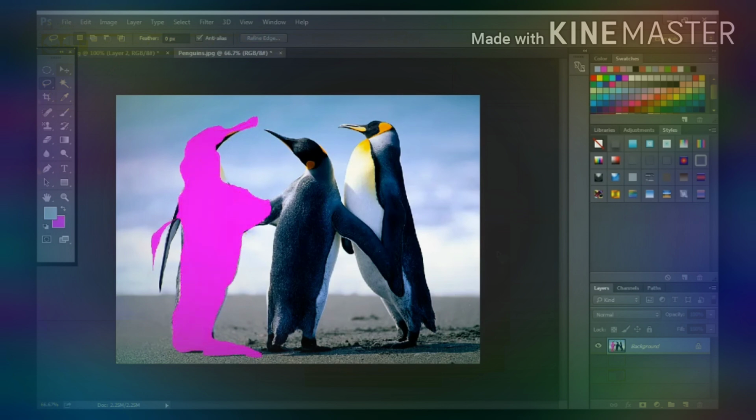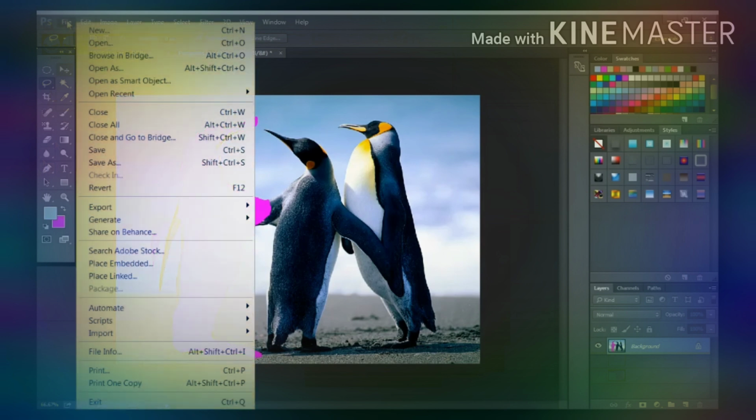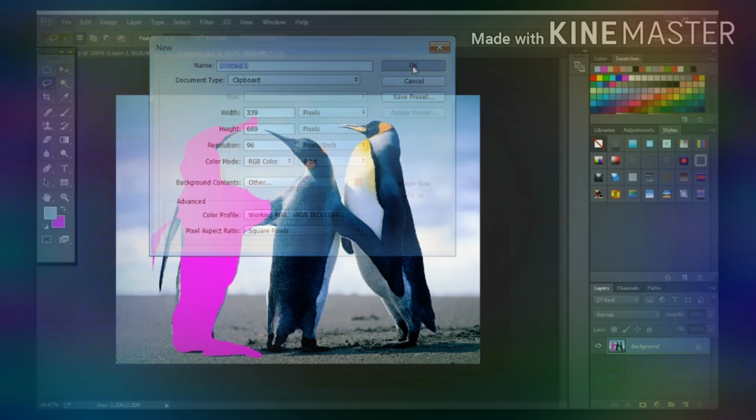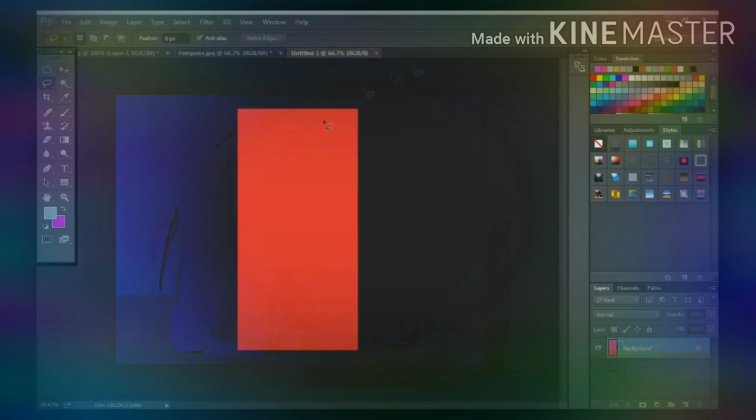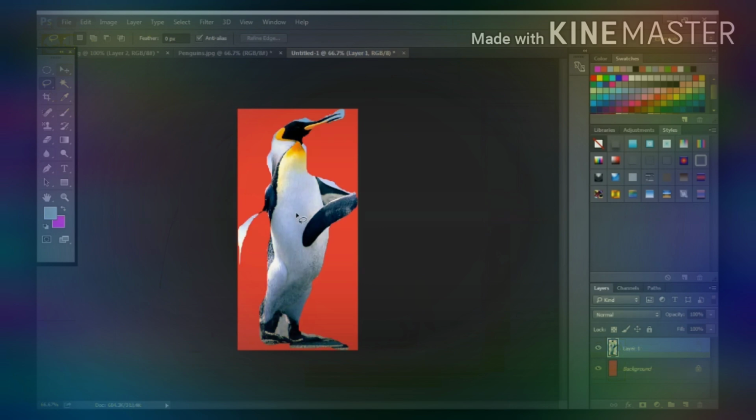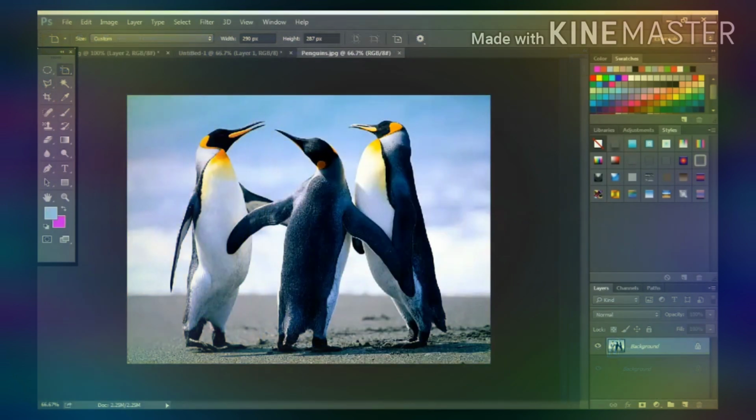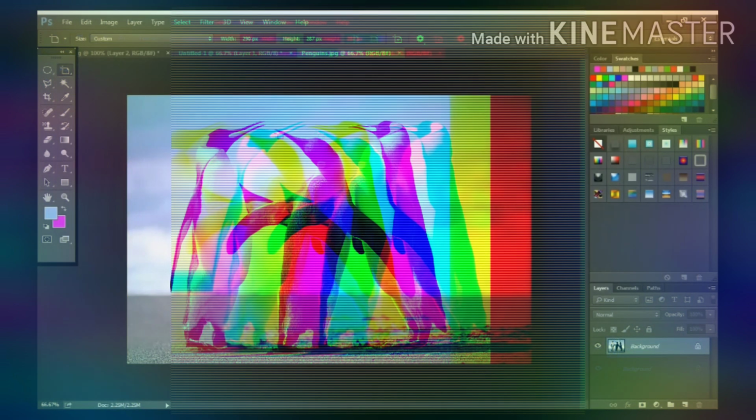Done. Now Control X, cut, and in the new file I am pasting this. Okay, paste here. This is the lasso tool and it is a freehand tool. Wherever the pointer moved, it has selected from there.